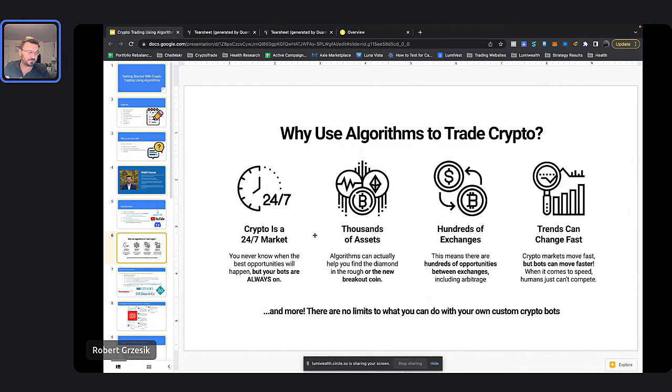For example, back in the day, there was this coin called Guard. It was doing pretty well for a while, but this new thing came out. They released something called the Manifesto. I think it's a Guard Manifesto or something like that, whatever. When they released this, it just went rocket ship status, shot up like crazy, right? If you are a normal person, it's going to be hard for you to see this, right? There's so many coins out there, keeping track of all these things and what's changing in each one of them. It's going to be very, very tough.